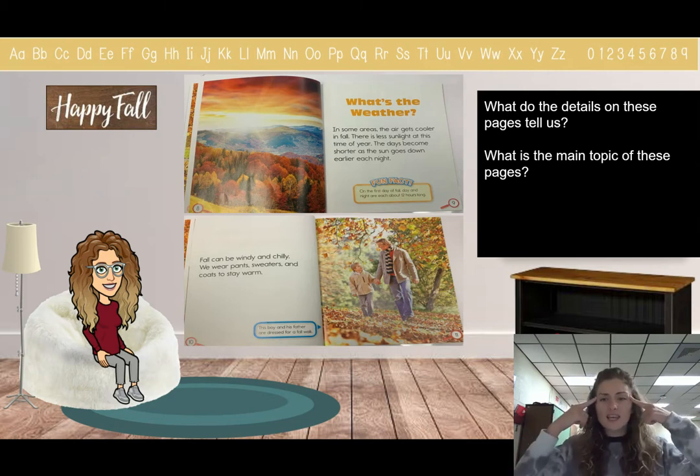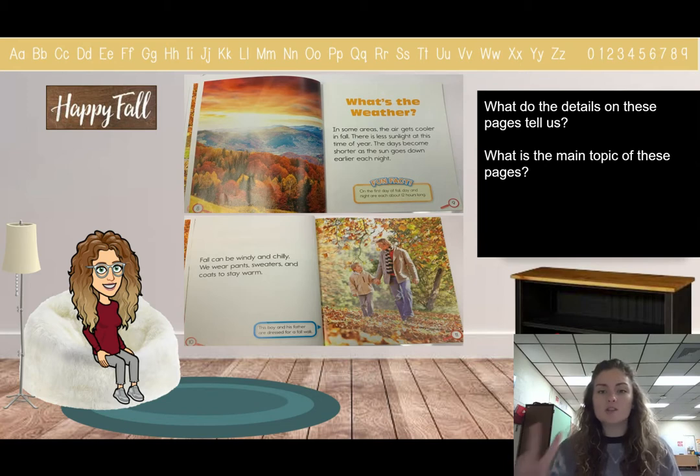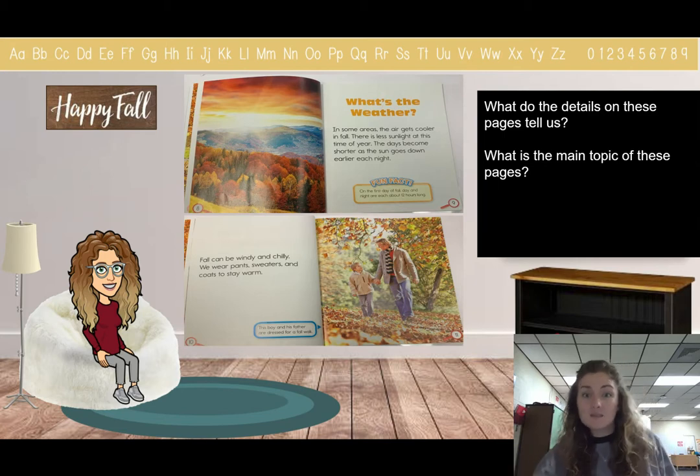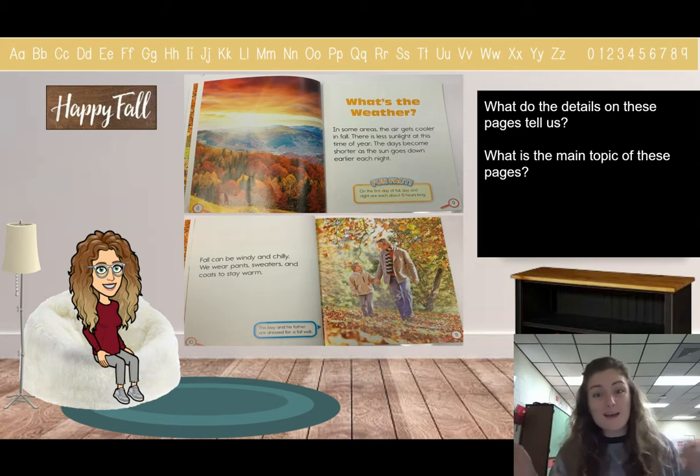So I want us to think, what details did we learn about on these 2 pages? So our section is what's the weather? So what do we learn about weather in fall in this section? Think about the words in the pictures. What did we learn about the weather in fall? In fall, the weather gets blank. Tell me in the Ed puzzle. What is the weather like in the fall? The weather gets